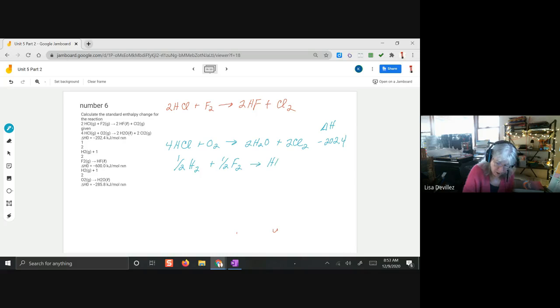Then 1/2 H2 plus 1/2 F2 yields HF, and then H2 plus 1/2 O2 yields H2O. They're both liquids. That one's a minus 600, minus 285.8. Okay. All right, so this one is,